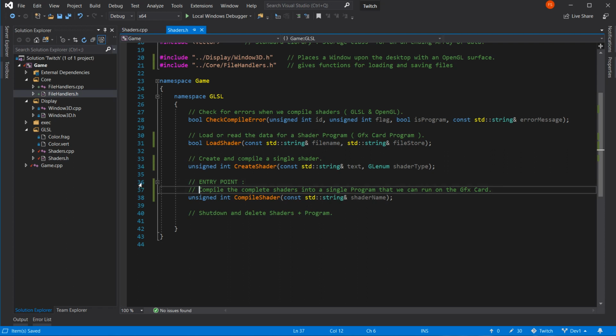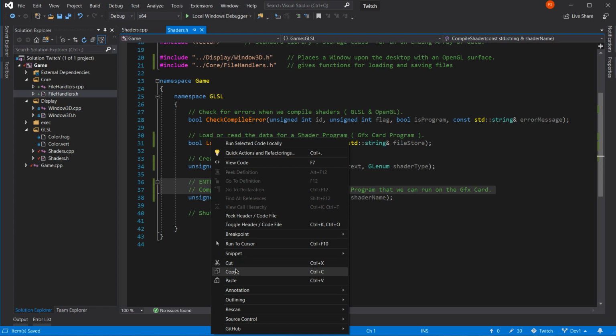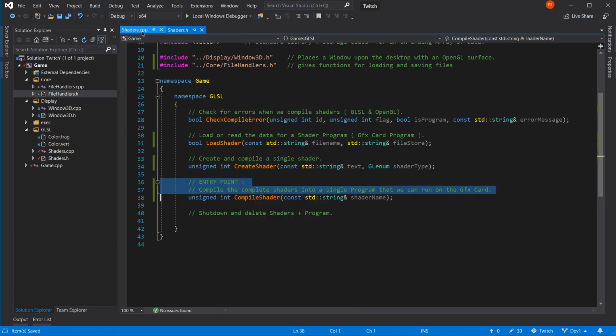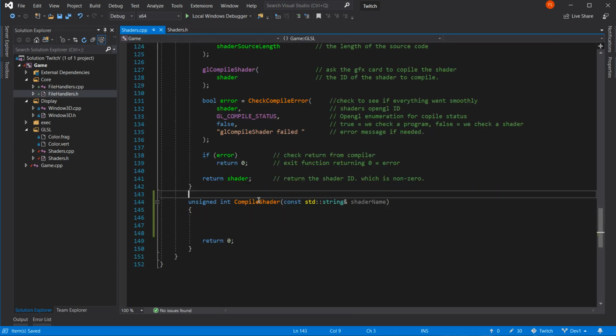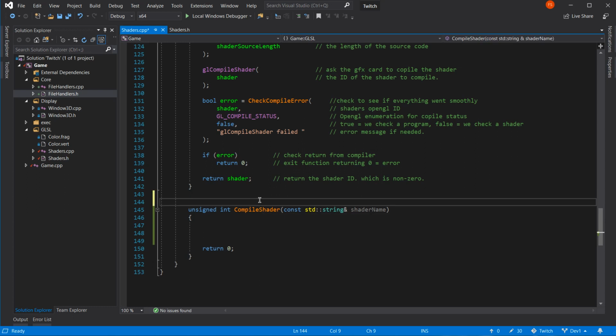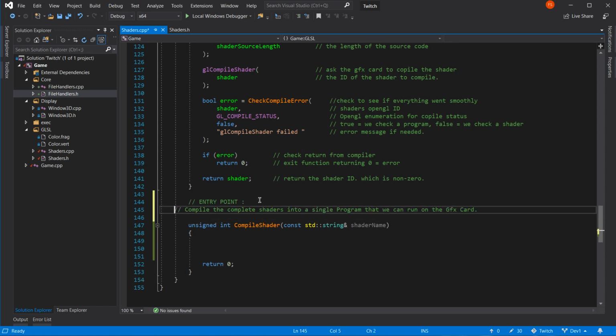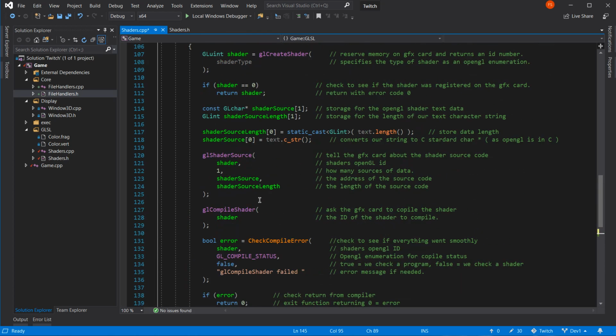Okay. I want those two lines. This is important. I mark it. Right, okay. That's okay.